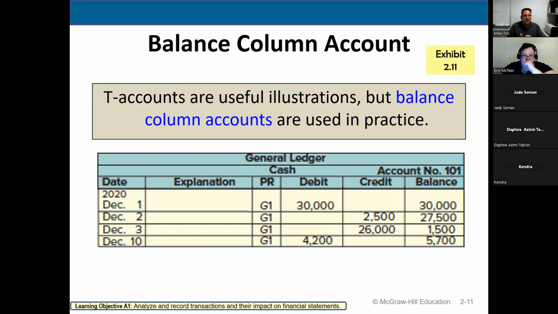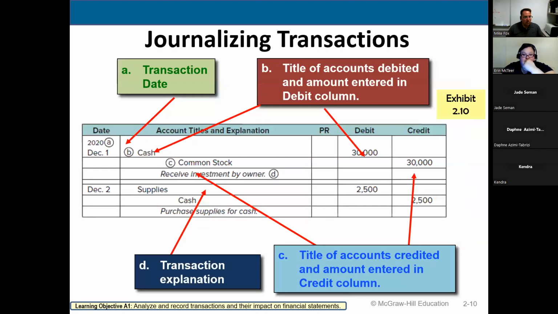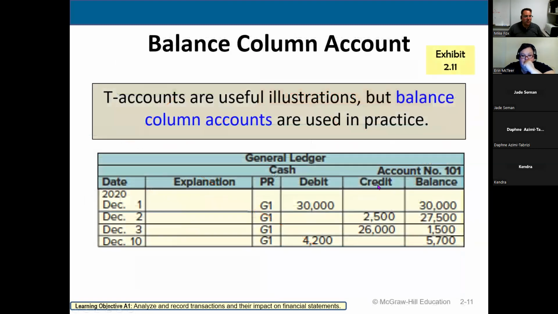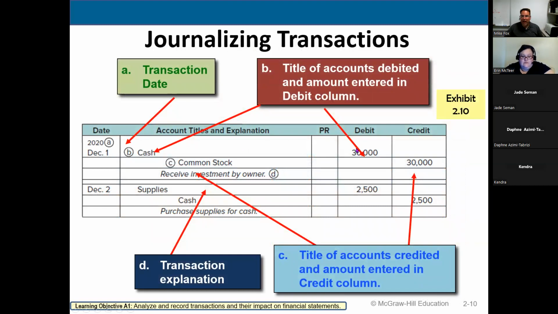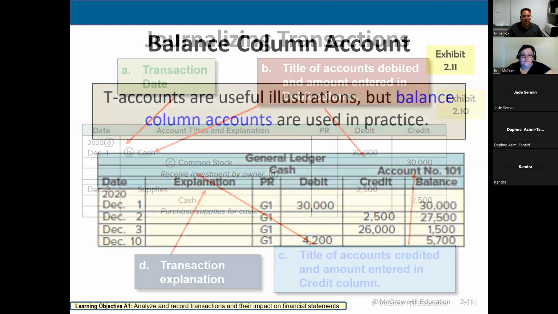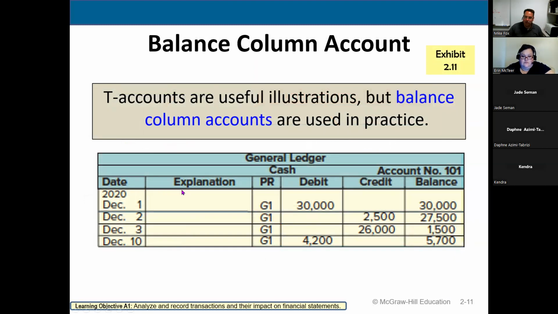So they would do a journal entry, debit cash 30,000, credit common stock. Then they would turn to the cash page and write a debit for $30,000 and then reference the page that they had written that journal entry on. That way, if they were looking at the transaction, they would know to turn to cash to find where they had recorded it. And if they were looking at the cash page, they would know what page the journal entry was on. So, long answer for a short question, but yes, that's a page reference.